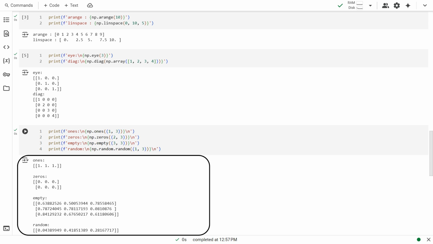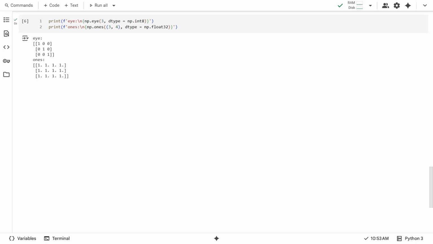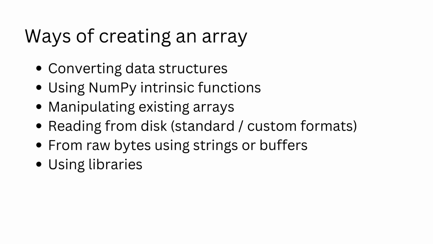We can also create arrays out of random numbers. While the default data type of an array is a 64-bit precision floating point, you can explicitly specify the data type using the dtype parameter. We can store arrays to disk and retrieve them using standard formats like NPZ and NPY. We can also load arrays from the data in text files, CSV files, etc. NumPy is also used by libraries such as Pandas, TensorFlow, scikit-learn, OpenCV, etc., which are commonly used in machine learning. They create, manipulate, and perform operations on arrays to make their processing faster.